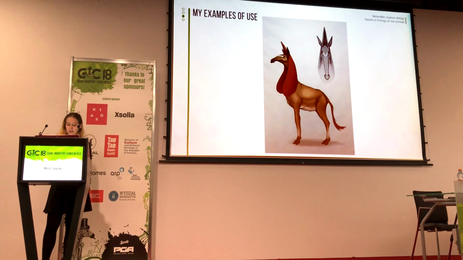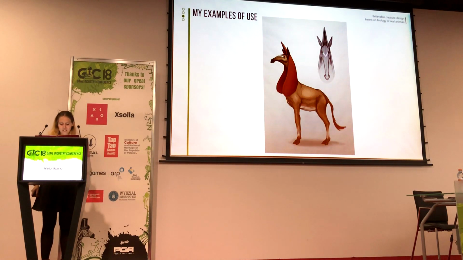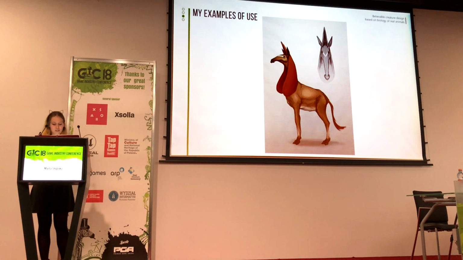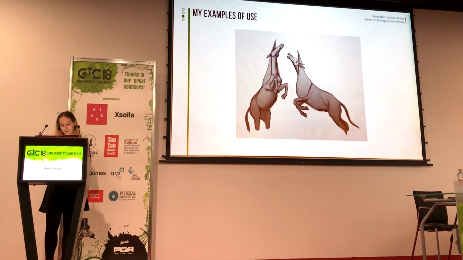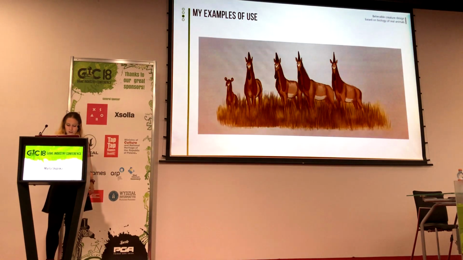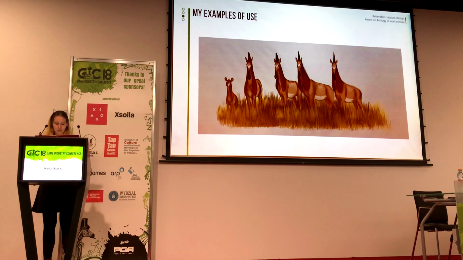So the first one, I named it horse, and it looks like this. I also added some characteristic features like the beak and the hair, and the stripe on its eyes. And I also added some behavioral drawings, and this is how they fight, and this is totally like the horses do. And this is how they look with the little one that has its horn not standing yet, and they look the same in the stock, so they are not so distinguished from each other.